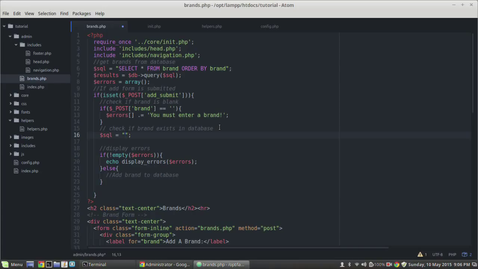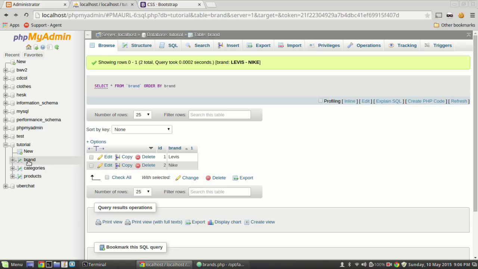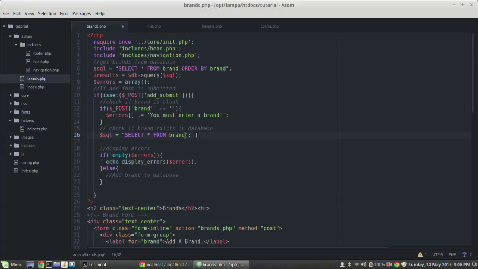And I use double quotes from SQL again. So what we're going to do is we're just going to say select all from the table brand, and that was in our database right here, this brand table. We're going to select all of them. Select all from brand, and we're going to give it a condition of where, and then we want to check where brand is equal to,